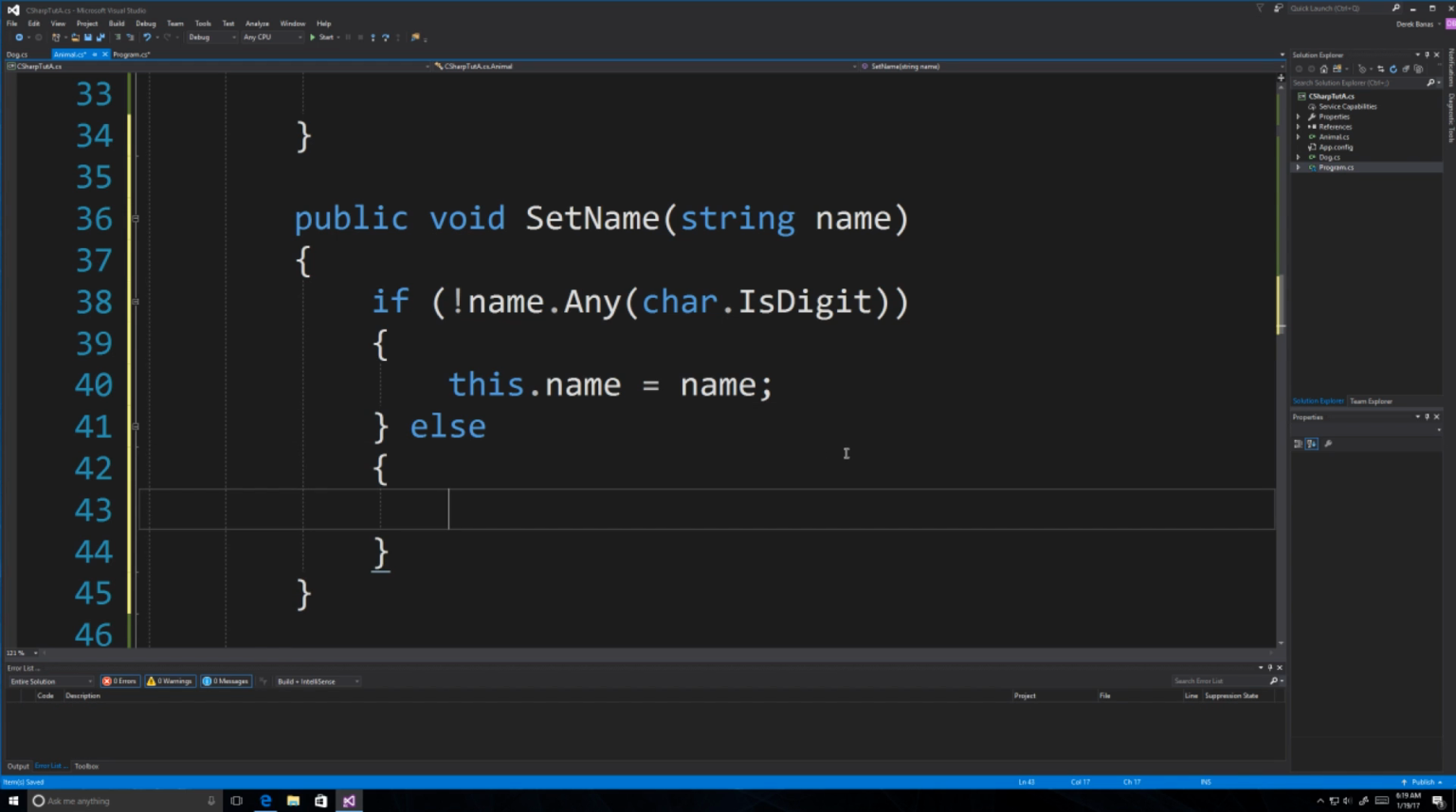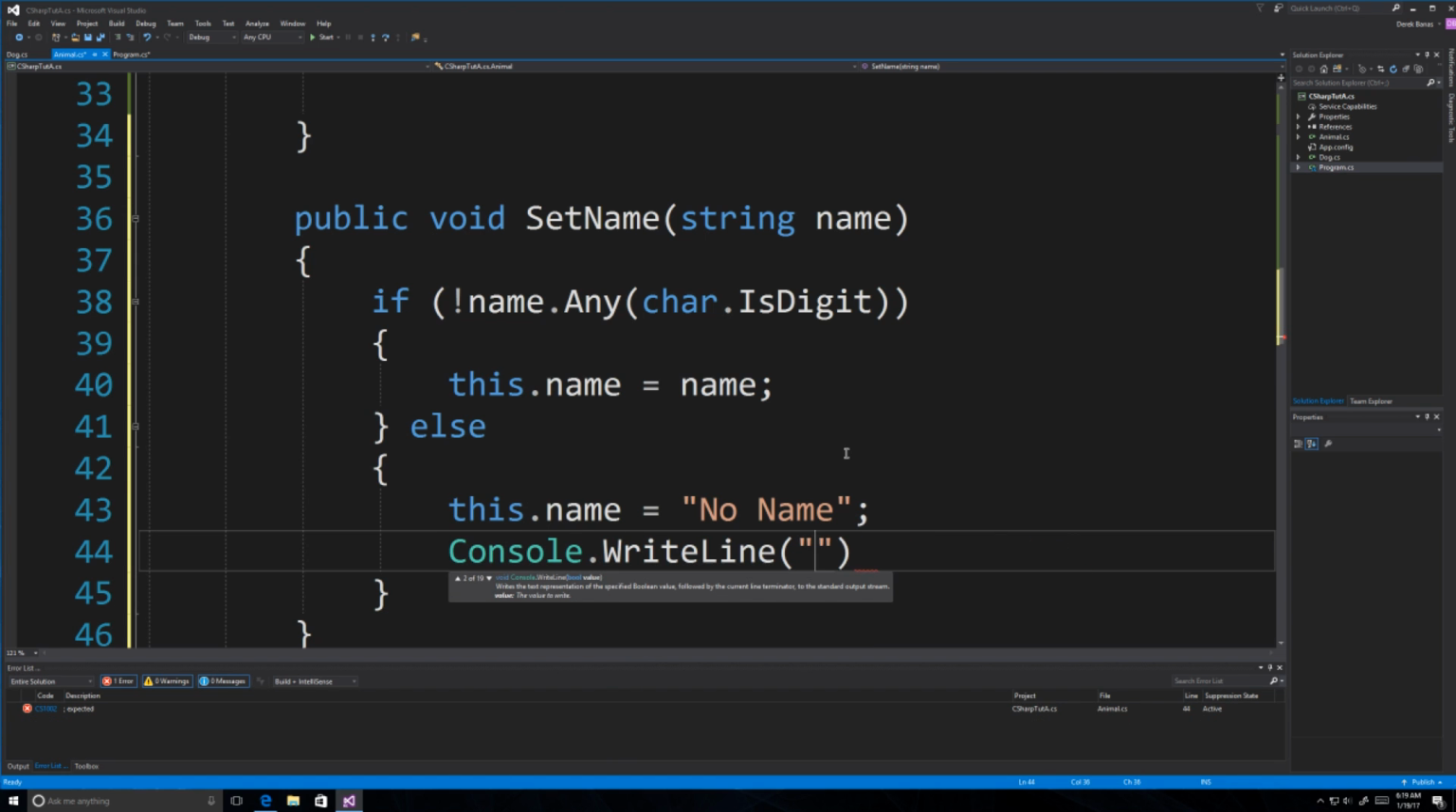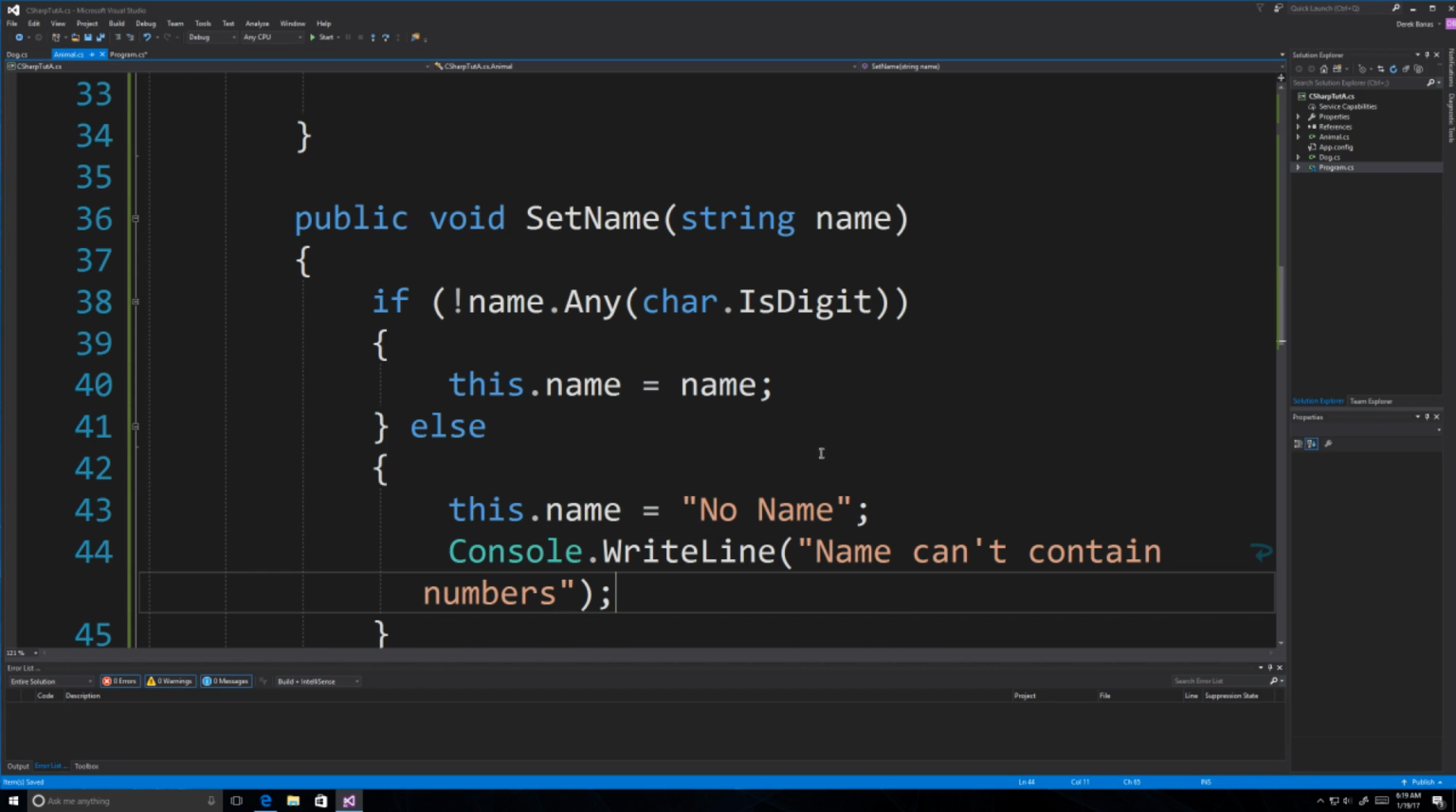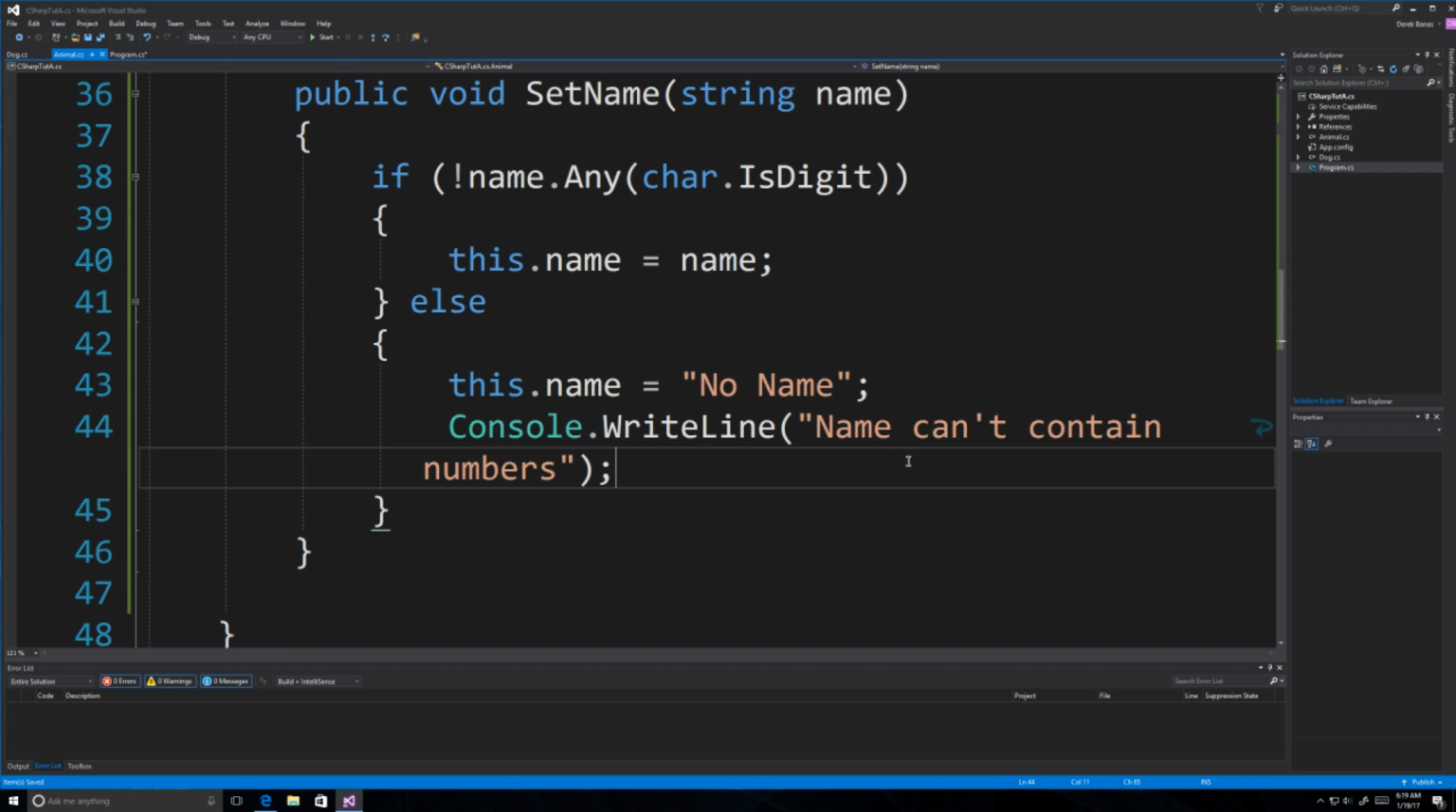And otherwise, we can come in and say else, and we could say something like this: name is equal to no name, and then we can output an error message or something on the screen, and that error message says something like name can't contain numbers. And there's all kinds of cool little functions like any inside of C#, and we will cover them as the